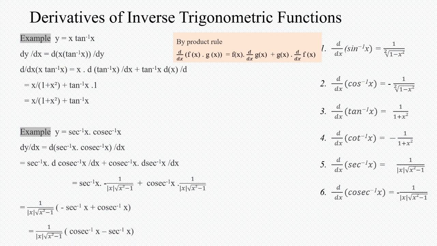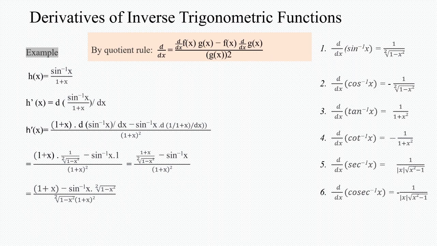Example: h of x is equal to sin inverse x by 1 plus x. Here we see division of two functions, hence the quotient rule. This is the formula. H dash x is equal to differentiation of sin inverse x by 1 plus x. Applying the formula, h dash x is equal to 1 plus x times differentiation of sin inverse x minus sin inverse